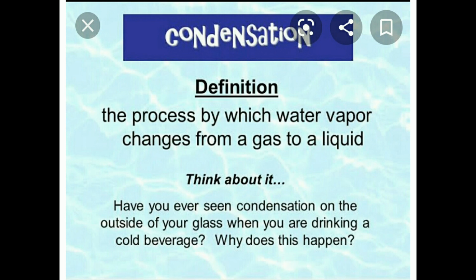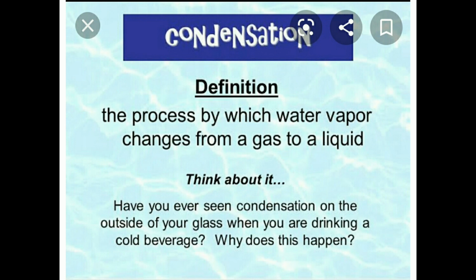We experience condensation at our home also. How can we explain it? Condensation occurs on the outer side of a glass as moisture in the air comes in contact with a cold surface. When water vapor condenses on surfaces such as plants, we get dew. In the winter season, in the morning, you can see dew drops on the leaves also. That is also a part of condensation.